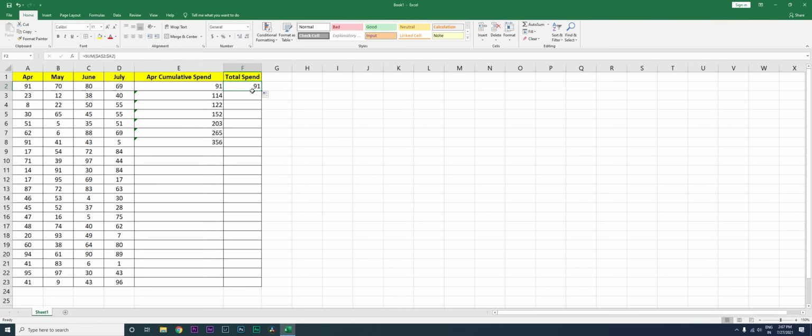What happens? It still remains the same, because we have asked the formula not to shift from column A to column B, right? Now if I drag this over here, I'm going to get the same results. So this is how you would identify the cumulative spend. Our total spend is 1099. If you just select this entire thing here and look over here, it is 1099, right? This is one of the formulas.